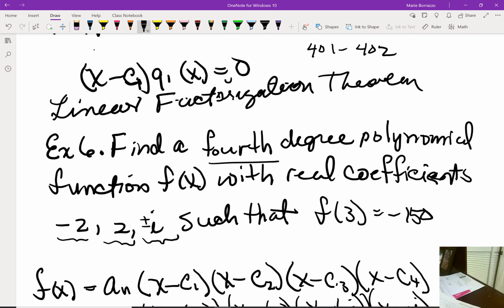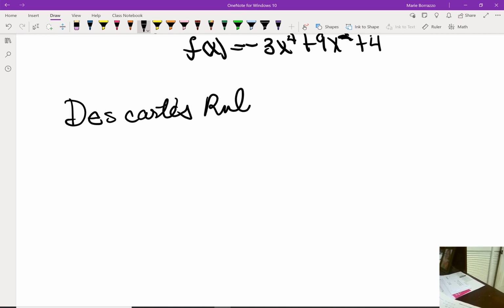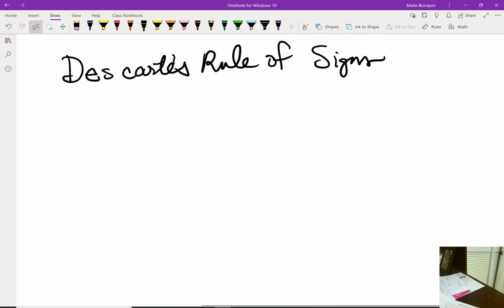Now, the last part of this chapter, or the last section, is Descartes' rule of signs. Now, in Descartes' rule of signs, we're looking for sign changes. They are either positive sign changes or negative sign changes. Now, on page 403, if you wish to read the explanation, go ahead. I'm not going to do that because I don't want you to get confused. Because I feel that if you take it in for yourself, you'll be better served. So let me just give you some examples of how this works, and when we're in class together, we can